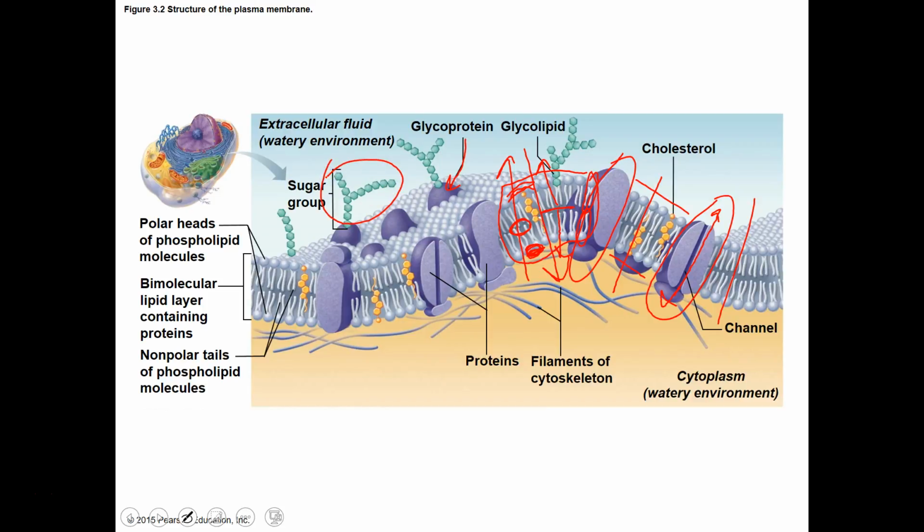You may be wondering why that sugar group is up there. Some of those sugar groups are actually designed to identify that cell as belonging, that it's supposed to be there. Because if we have another cell from the immune system come by and make contact with this right here, and it says, hey, look, I don't recognize you, you don't belong, that immune cell will actually destroy this cell. So it needs to be able to communicate who it is and where it belongs to those on the outside.